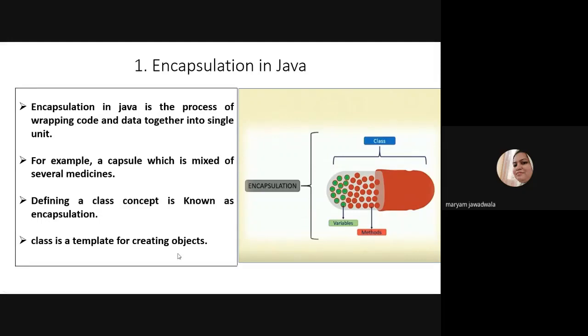Hope you understand, encapsulation is a process of binding variables and methods, or data and methods, in one place. And to create this encapsulation in any object oriented programming, we use the concept of class, right? A class is nothing but the template for creating objects.